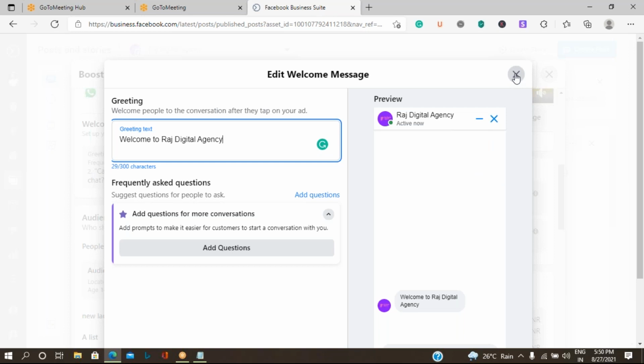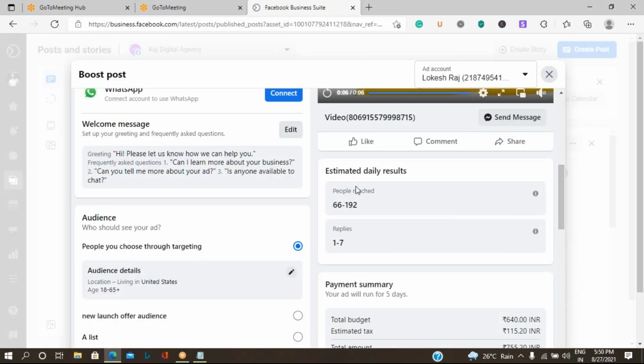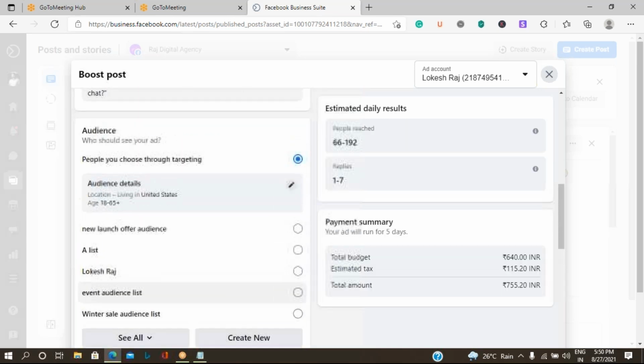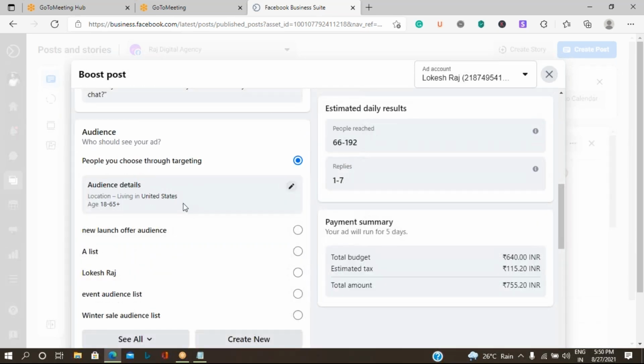Let me close this. Now after doing that, we are supposed to click on audience listing. What kind of audience do you want this particular post to reach? You can click on this edit option and edit the existing list, or you can create a new audience list.